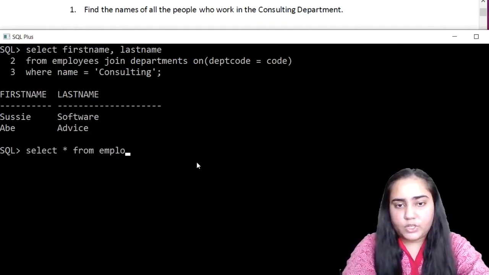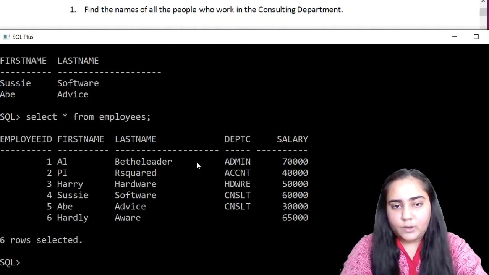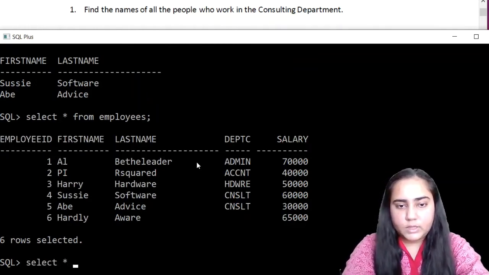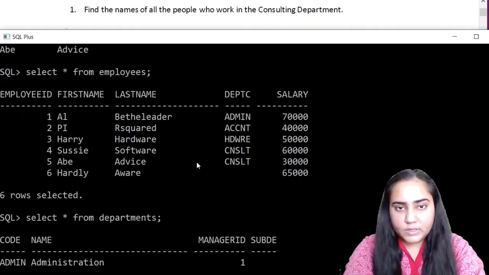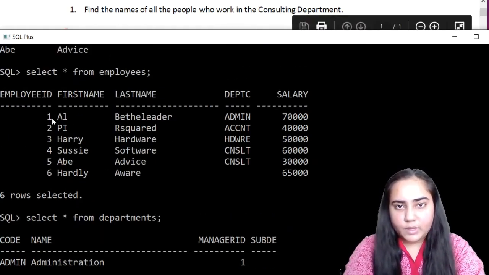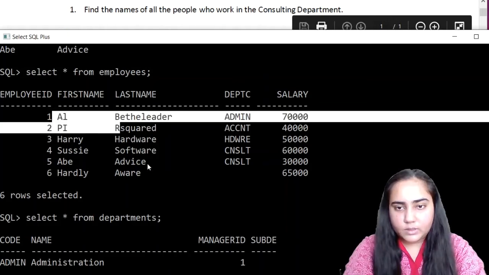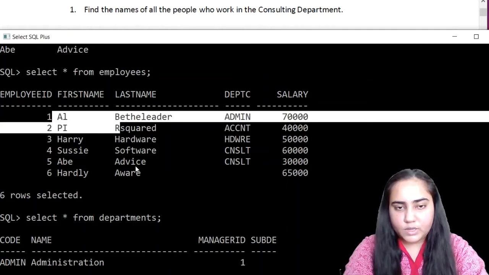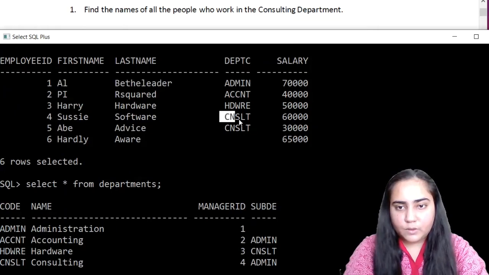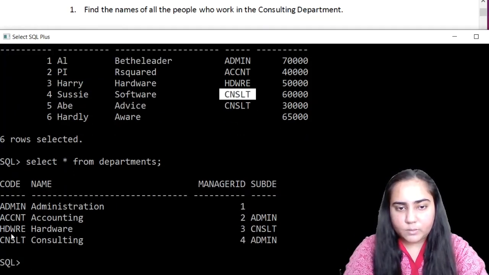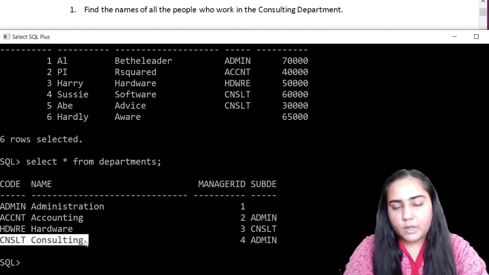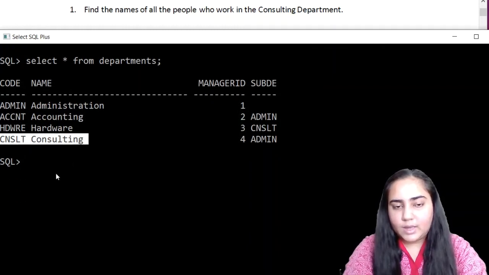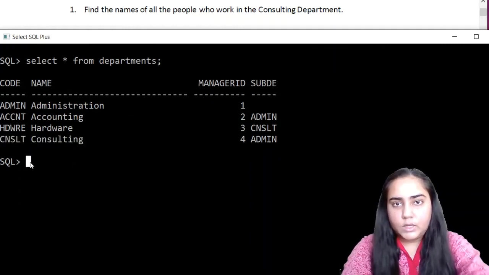We can, however, check the data. This is the employees table, and this is the data from the departments table. You can see that in the employees table, I have these people, Suzy Software and Abe Advice. Both of them have the code CNSLT, and in departments, we can verify that CNSLT belongs to consulting. And so the answer is correct, but this same thing can be done using a